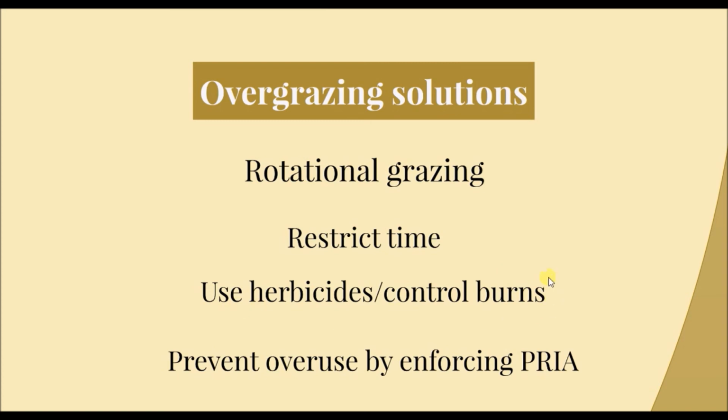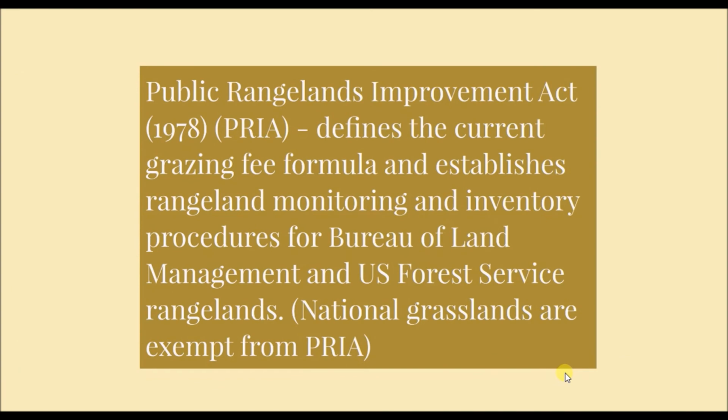This one's not really highly popular. It's sort of useful, but it also damages a lot of things in the natural environment and puts toxins in the natural environments. But you could use herbicides to kill undesirable plants. Use controlled burns because those grasses do regrow after a burn, but some of those invasive species might not grow back. And then you could prevent overuse by enforcing this thing called PRIA, which is